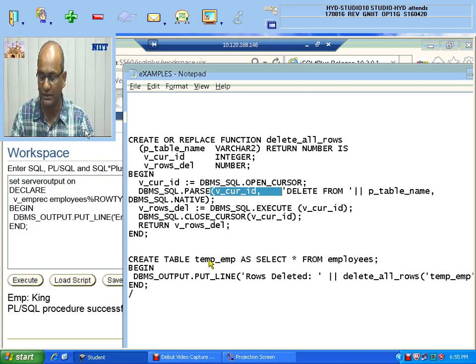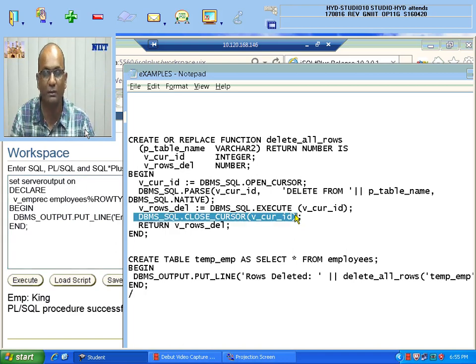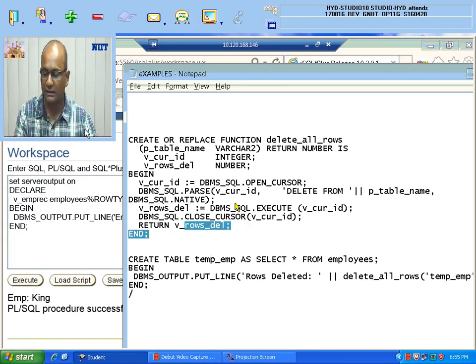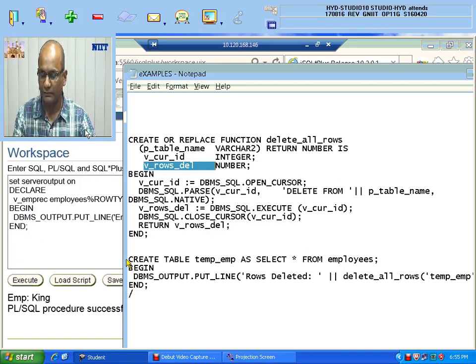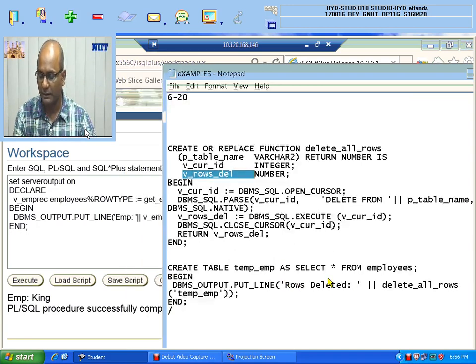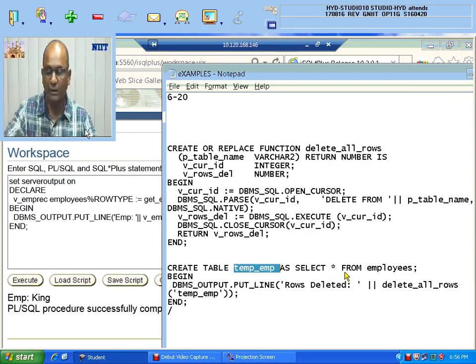When you are deleting rows from the table, it can be 10 rows or 20 rows or 200 rows. After completion of that, the cursor has to be closed using the cursor ID, and it has to return the rows deleted. The rows deleted will be returned as the value. Rows deleted is the variable. So you are creating a temp table from the employees table, copying the data into it. Then you are executing